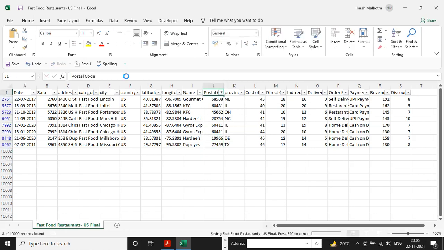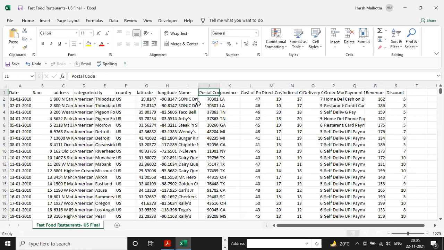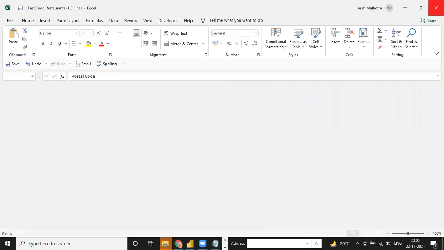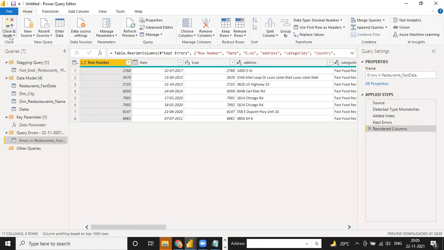Now it is correct. Now you can just save this file, save and just close. After that, close and apply, and you have to just close this file. See, now it will be working, and automatically the error will be corrected.